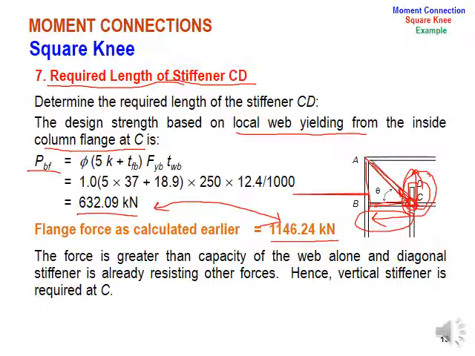If we are not providing any resistive component over here, then that may cause local web yielding in that particular corner, where we have the connection of the diagonal stiffener with the inside of the column flange and the web. So we need to provide resistance against that local web yielding by providing a vertical stiffener over here. Generally in the calculations, this CD, the vertical stiffener, may have a length of half of the depth of this beam, but practically we can provide the whole of it.